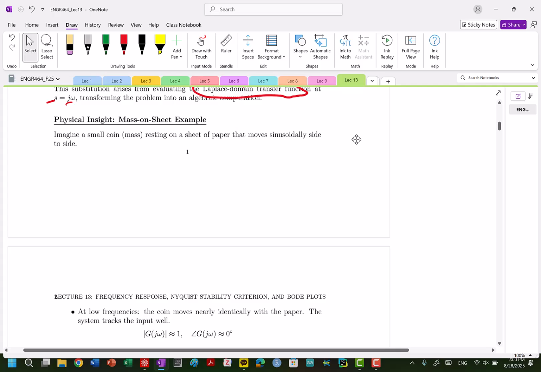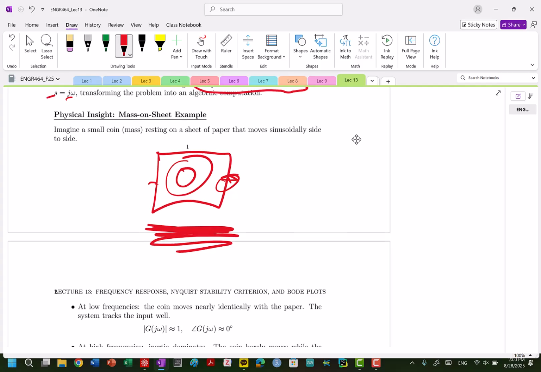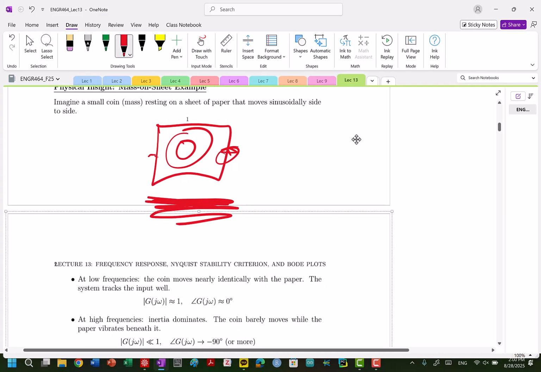It's the placeholder. One of the cool ways to think about frequency and magnitude response and phase lag is with a very simple experiment: you have a small coin, a penny, on a piece of paper, and you shake it sinusoidally side to side. You pull that piece of paper and slide it, and look at the dynamics of the coin. If you pull and slide that paper very, very slowly,